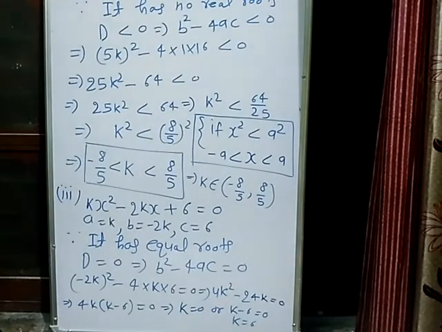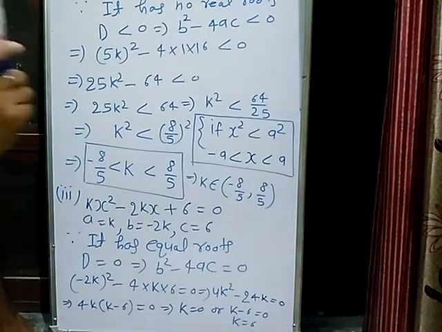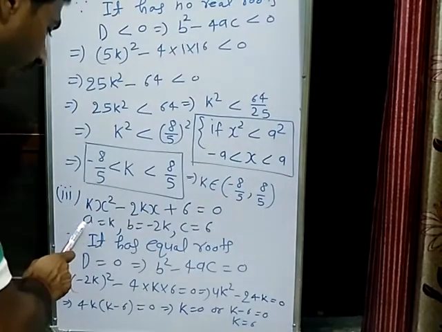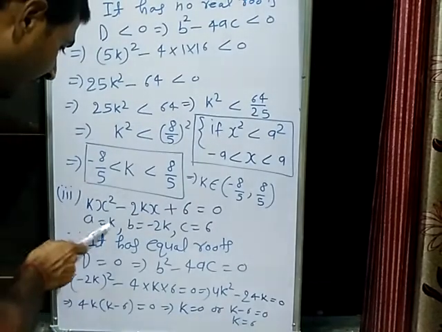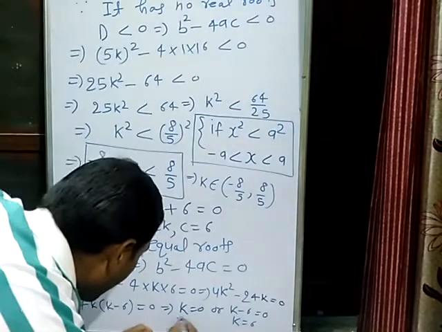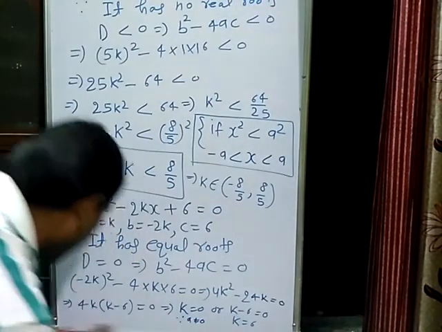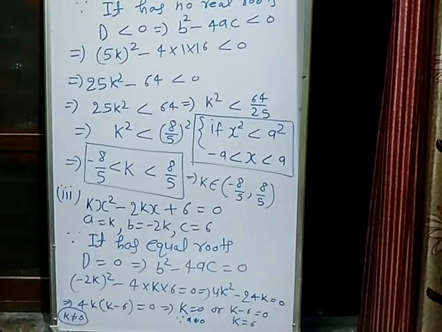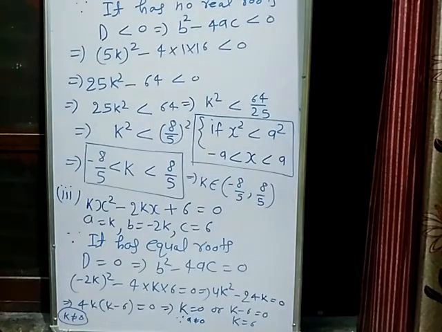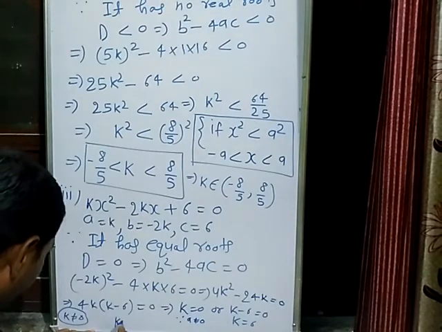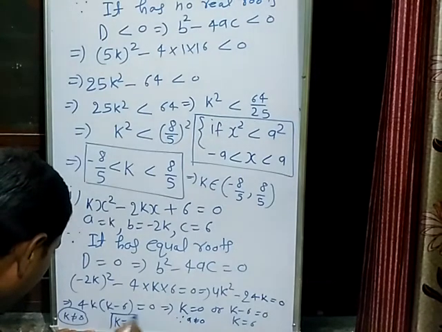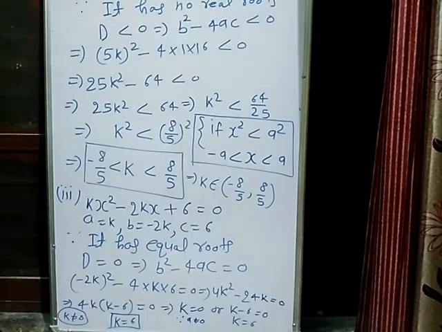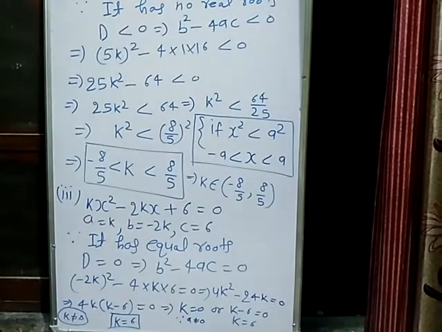But students, you already know that the standard general form of a quadratic equation is ax square plus bx plus c is equal to 0, where a should not be equal to 0. So what is a? a is k. So k must not be equal to 0. Since a should not be equal to 0, therefore we can't take k as 0. So that will not be the correct answer. The value of k must not be equal to 0. So therefore, what is the correct answer of k? k must be equal to 6 only. So 0 is not its correct answer, only 6. So those of you who made a mistake in that, you need to correct it. k must be equal to 6 only, not equal to 0. Correct?